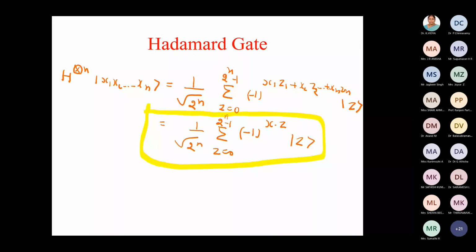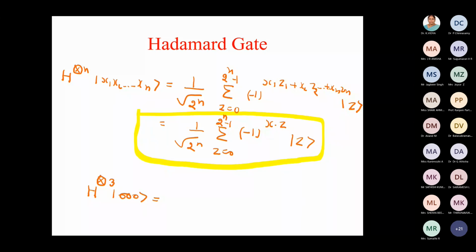So if we have an n qubit system, then this is the formula. Earlier, in our simple case, we assumed that both the qubits were 0, 0, and we wanted to apply this. So this is the generic formula, and the n qubits can be anything. Like here we assumed our 2 qubits were 0, 0, but it can be 0, 1 also, or anything. So the n qubit general formula is this. You can verify it with the 2 qubit and 3 qubit systems.